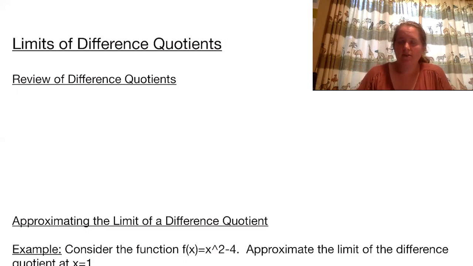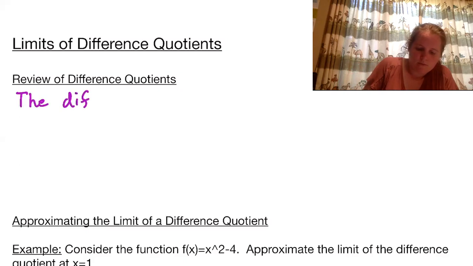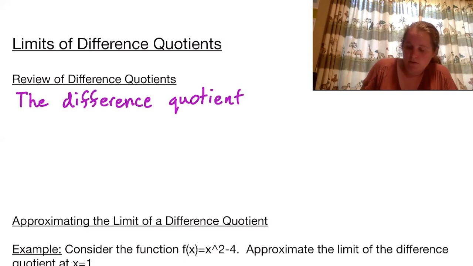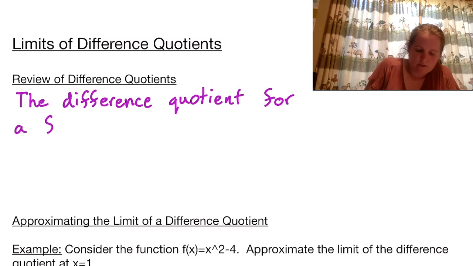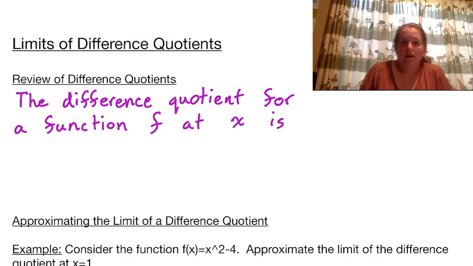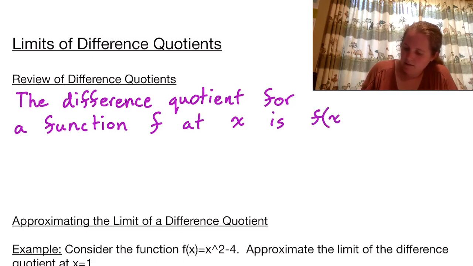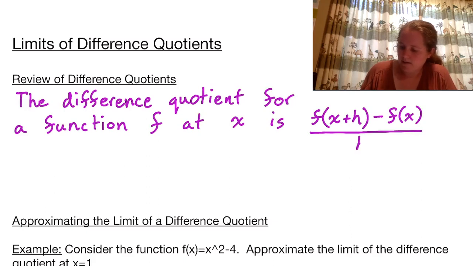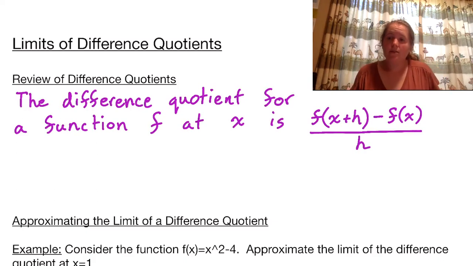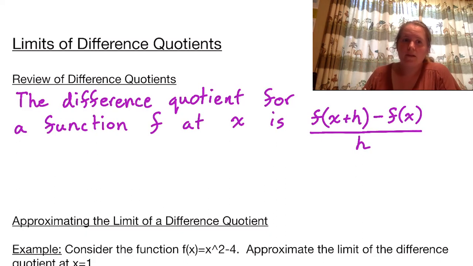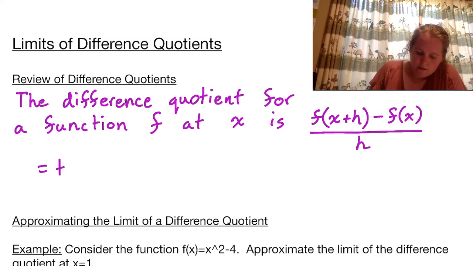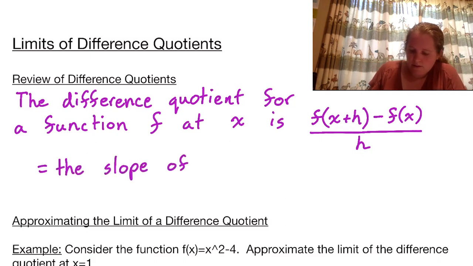So the difference quotient for a function f at x is we take f of x plus h minus f of x and divide by h. So it turns out this is simply the slope of the line. So this is the slope of the secant line